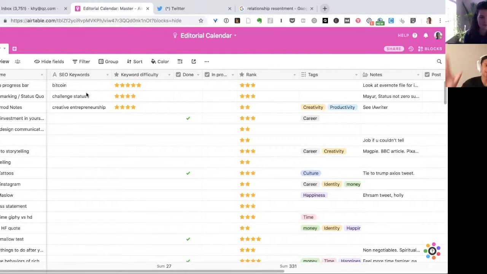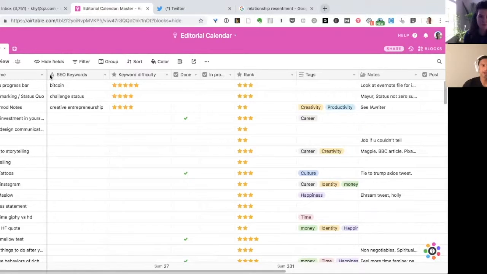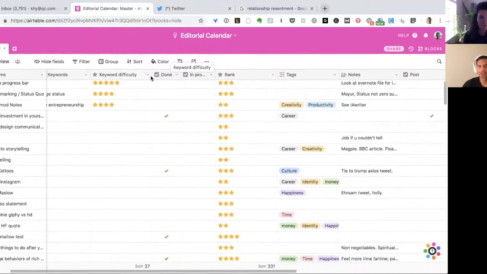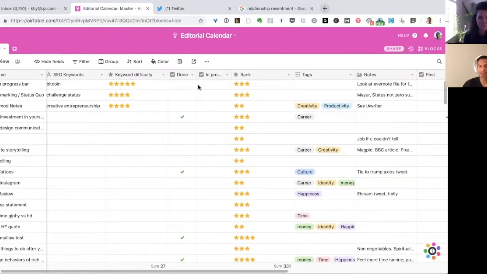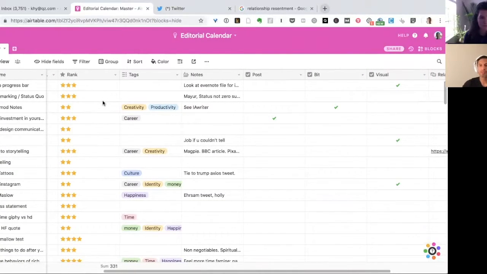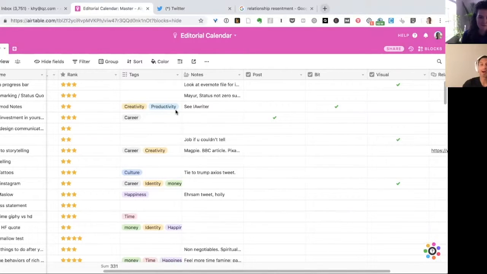And so it basically starts as just a very simple grid view, a list of stories. You see some of the columns are the name of the story, like the headline, the date it was entered, SEO keywords, little flags to see if they're done or in progress, just to create some archive views. Probably the most important is the ranking system, which helps me quickly remember that when I put this story in, I was really into the idea. And then some tags that help me sort: creativity, productivity, money, identity,